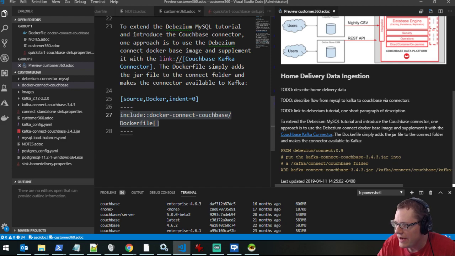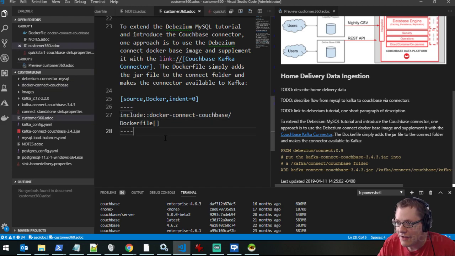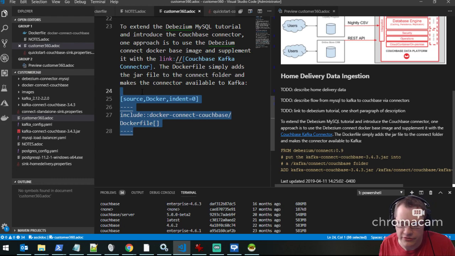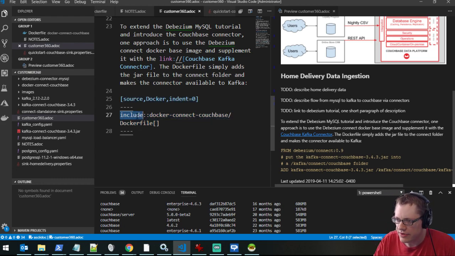So if I were to go back and make changes to that Dockerfile, wanted to add more comments or something like that, then I don't have to copy and paste that into, you know, like a markdown file, for instance. I can just use this include directive and it will automatically update the AsciiDoc file for me. Okay, and that's really it. So then the Dockerfile, and then